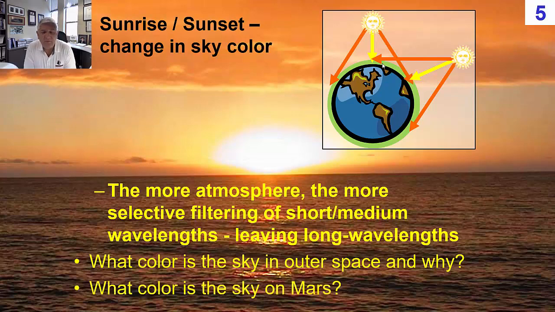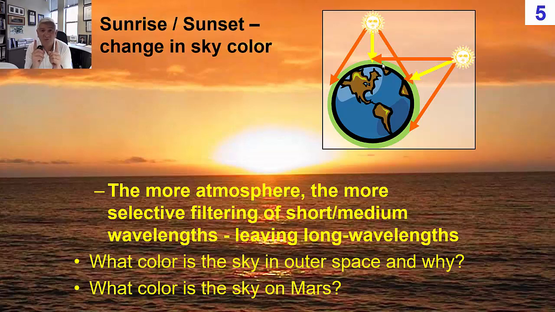Okay, what color is the sky on Mars? Have you ever seen pictures from the Mars rover of the Mars landscape? I'll give you a hint. It's a nickname for Mars, the blank planet. Yes, it's red. Now, why is it red? It's red because Mars has different gases and different molecules in its atmosphere that scatter long wavelengths of light and let the medium and short wavelengths of light through and selectively scatter the long wavelengths of light.